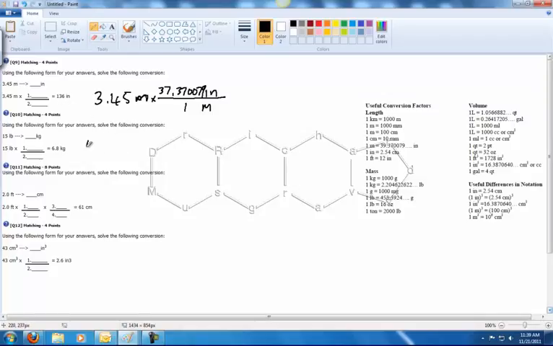Alright, looking at the next one, 15 pounds to kilograms. So we know that pounds will go on the bottom. We know kilograms will go on top. We need some kind of relationship between kilograms and pounds. And I see here 1 kilogram is equal to this many pounds. So it's 1 kilogram, and we've got